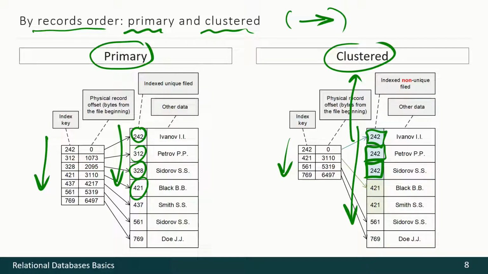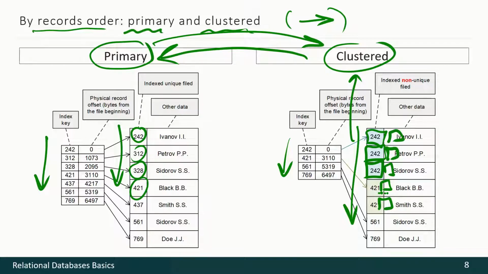Speaking generally, a clustered index may or may not be primary, and vice versa, a primary index may or may not be clustered. In such a case, in some DBMSs, the index engine will add some specific values to make those records unique. But once again, it depends on the implementation and on the capabilities of your DBMS.